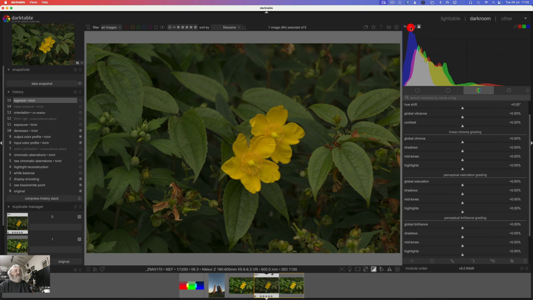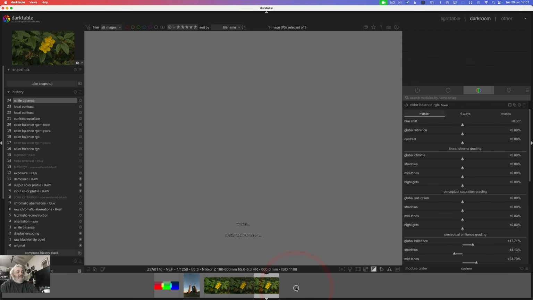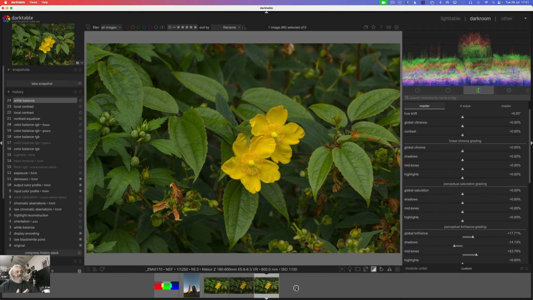And I will just switch back to the waveform, and where we're heading is this image here, or this version of the image, where we've brought light and contrast to the flowers. We've brought light and contrast to the greenery, but with different modules and different settings based on one parametric channel,